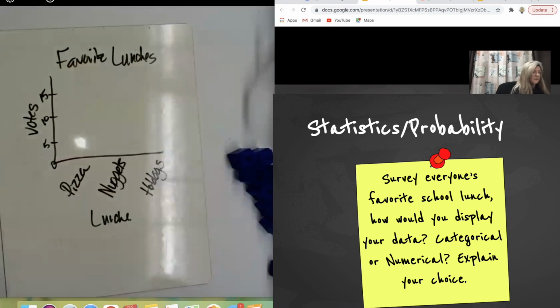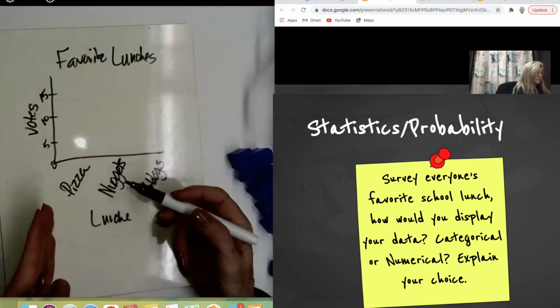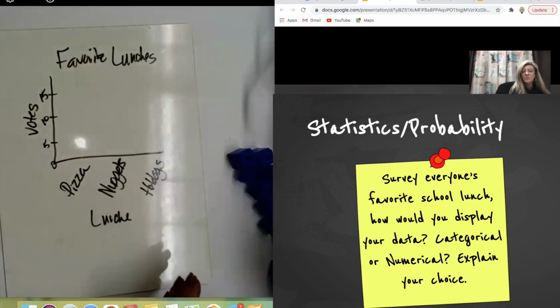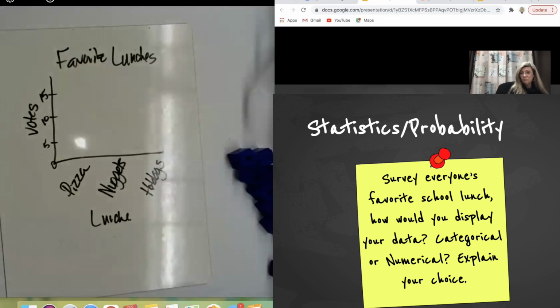As they're getting their data, the answer that people are going to give them is going to be either pizza, nuggets, or hot dogs, right? Right. As you go to each person. So if they give you pizza, nuggets, hot dogs, then that makes it categorical. Right. Because it's a category. They're choosing a category. If we were surveying how many pets they have in their home, it would be numerical, right? It would be in numbers. To me, that's how I think about it. If the answer is going to be something other than a number, then it's going to be categorical. That's how I've got it in my brain.